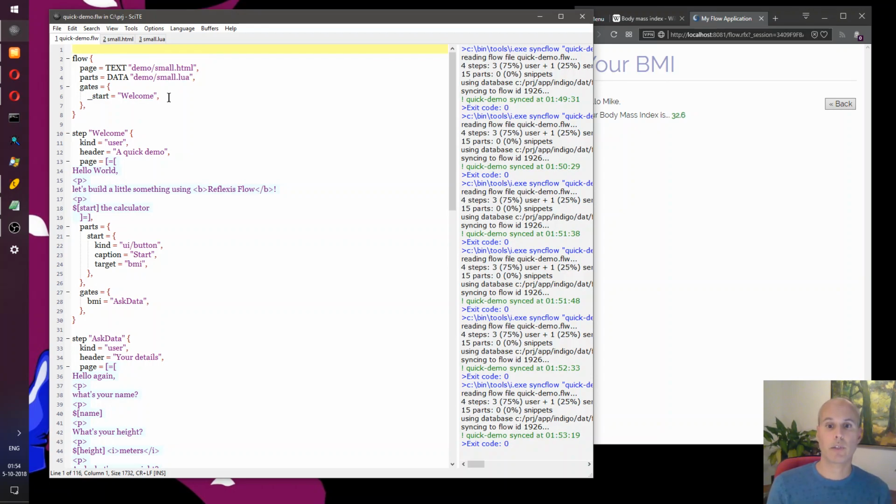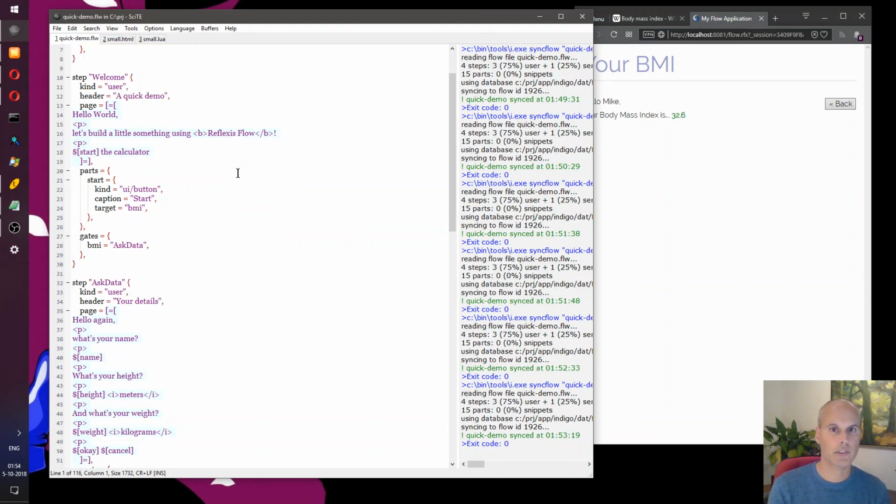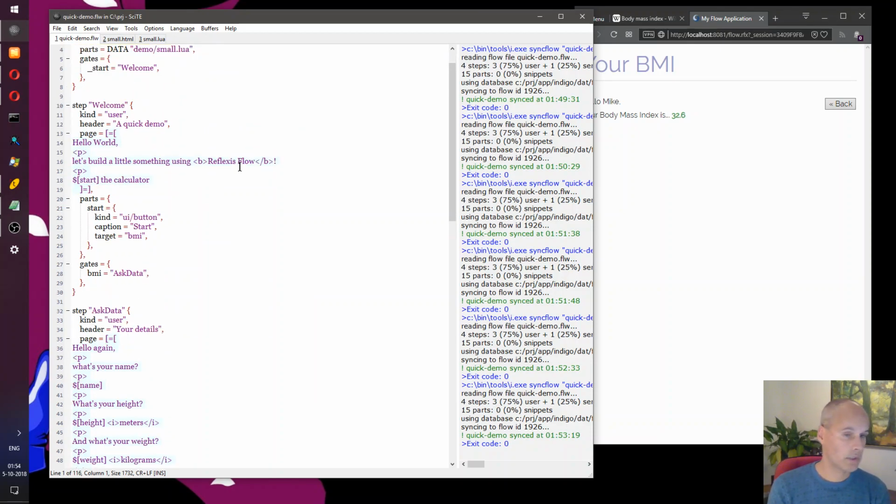We built it very quickly. We tested it while writing it. As I said, we didn't do any coding. The only coding that I really did is just write the expression for the body mass index. So that was fairly easy.